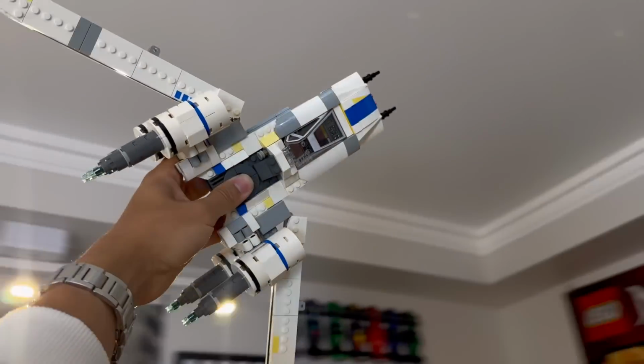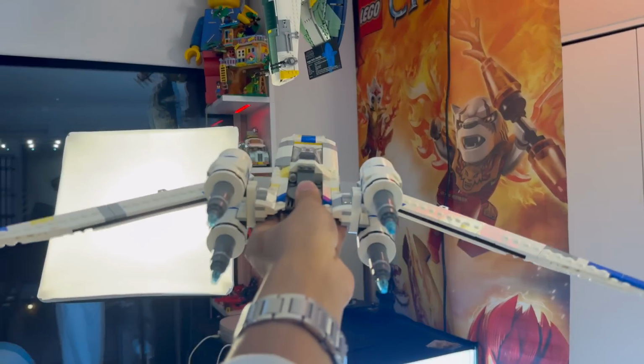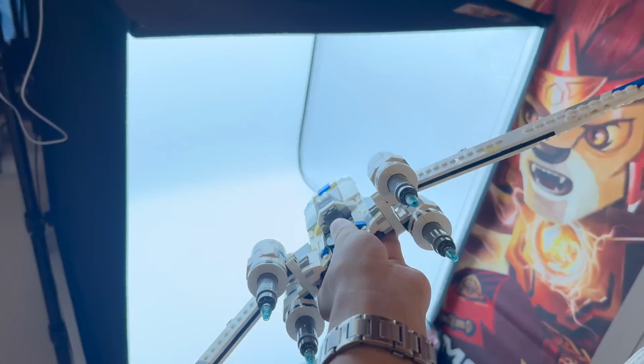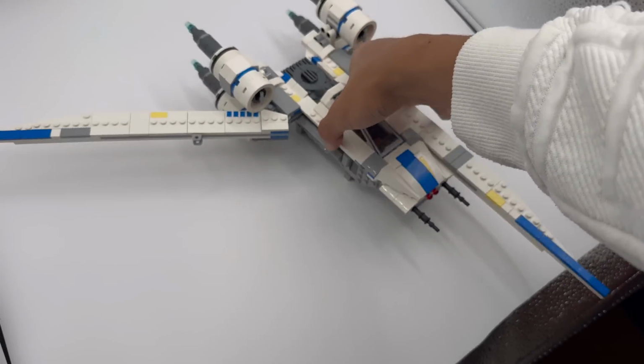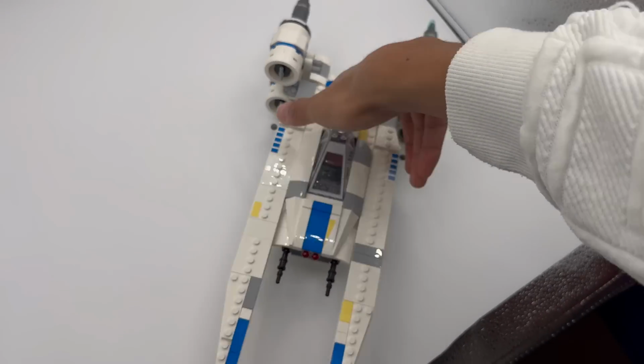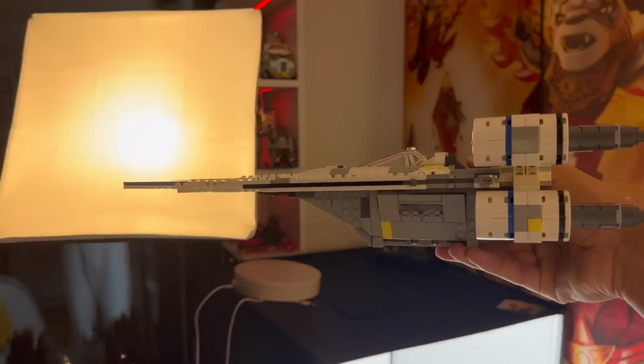There's all sorts of things that you can do with swishing it around, and I really do like the detail that is factored into even the shapes of the wings, where they have these different colored slits and pieces brick built into it, which really allow you to just see what it might look like when the wings are unfurled. And then of course you can lock in the S-foils into attack position, and you can still fly it around like so. The ship itself is very